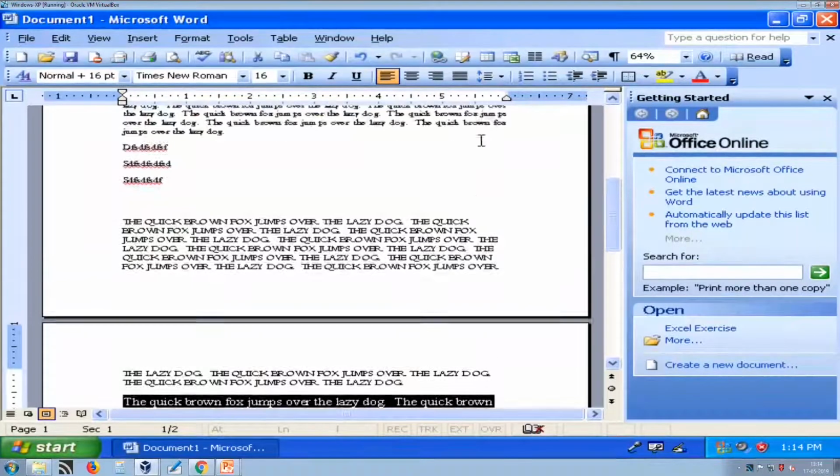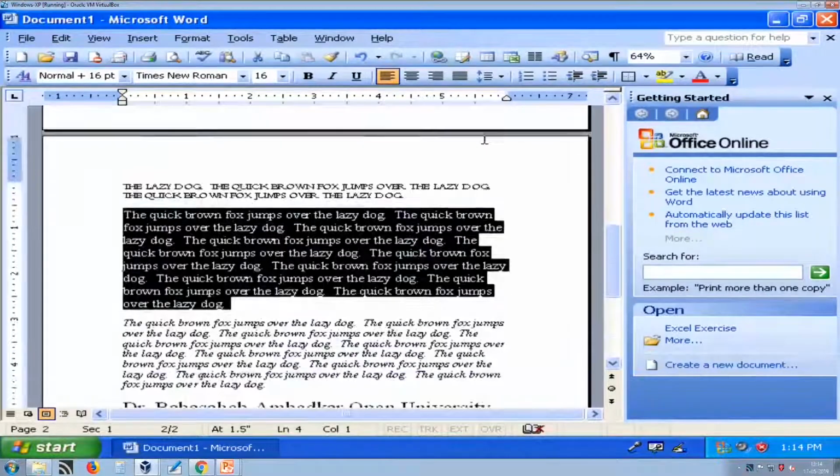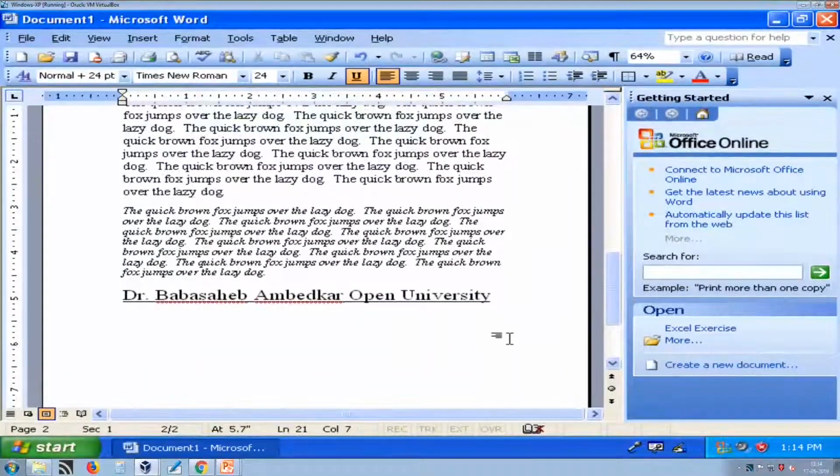Now, the next topic is numbering and bullets. Bullets and numbering are given to, for example, here we have a list of courses offered.